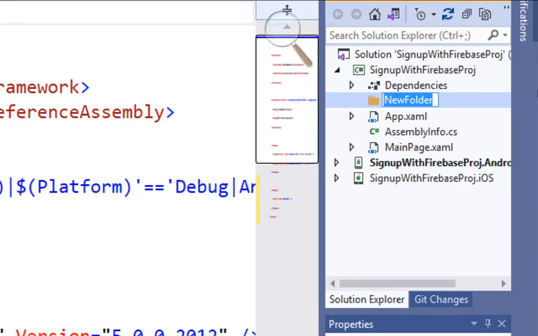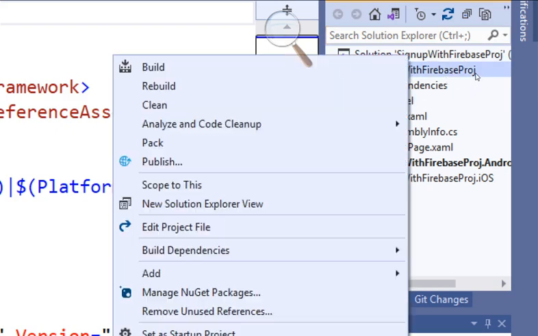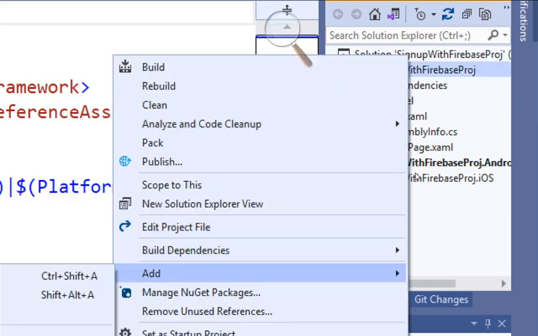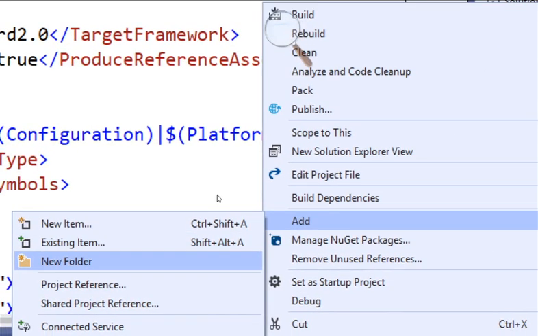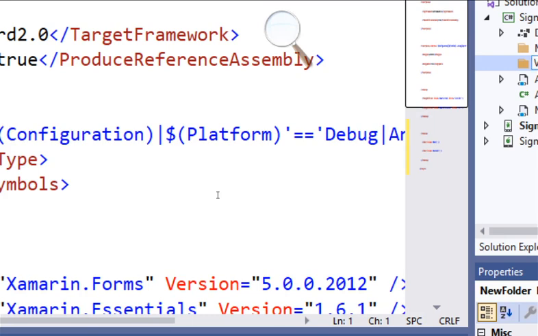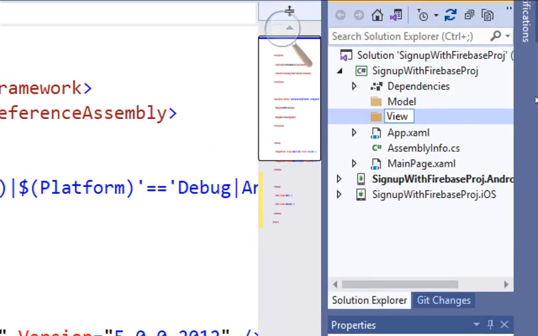So the first thing here is Model. No matter how you name it, Xamarin or the IDE will architect it the way it's supposed to be. Next is ViewModel. And then we have another one. Please, you have to be careful. This folder with the C# icon is the one that gives you